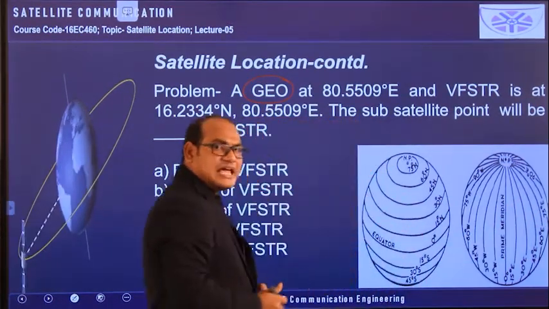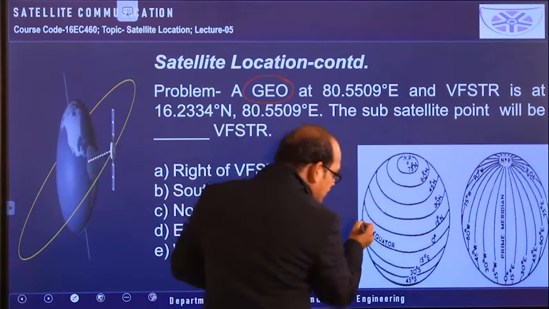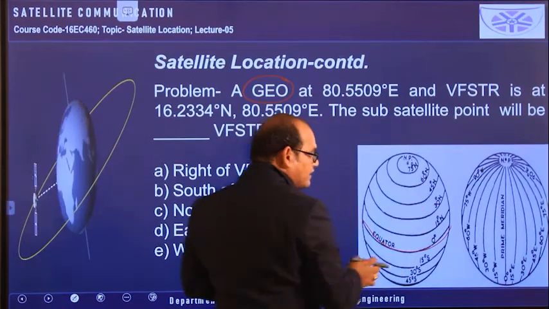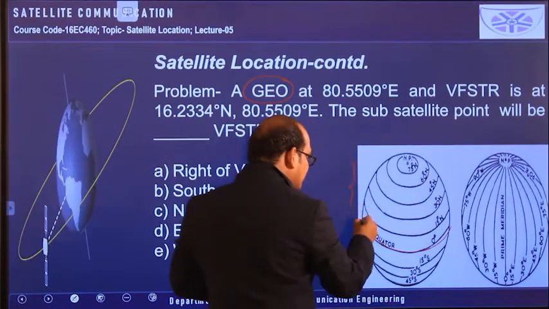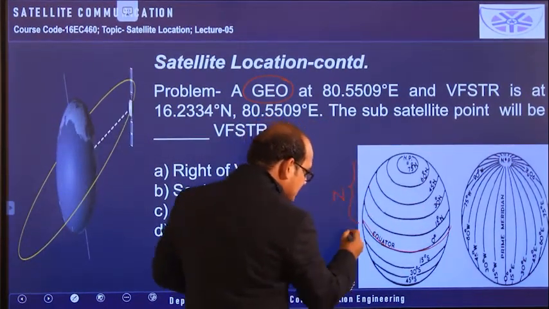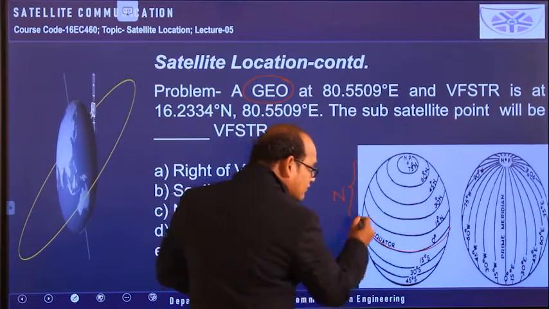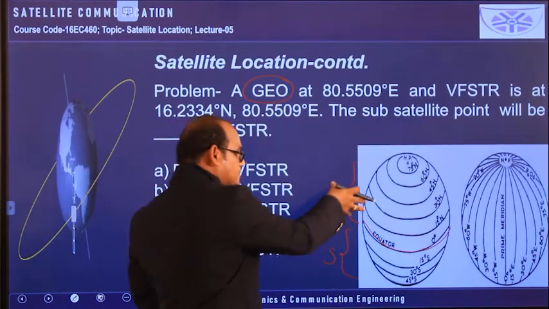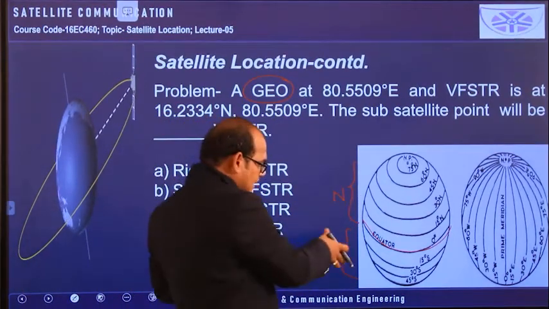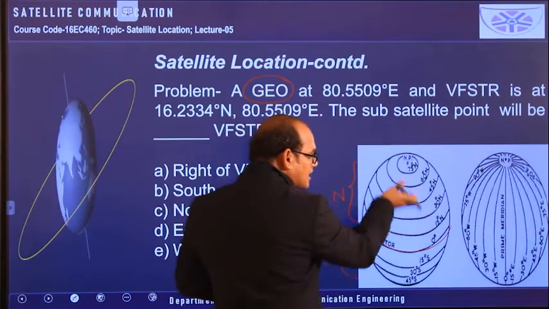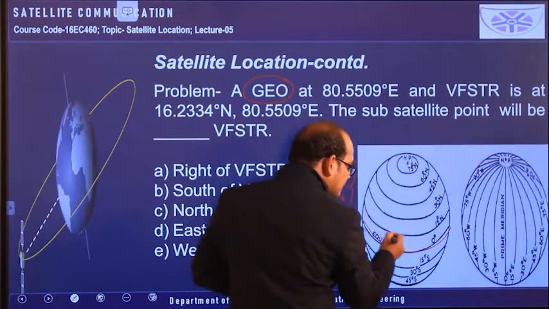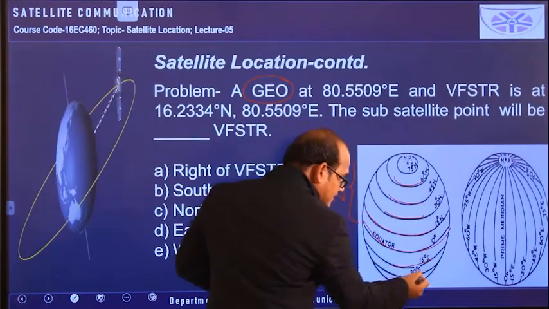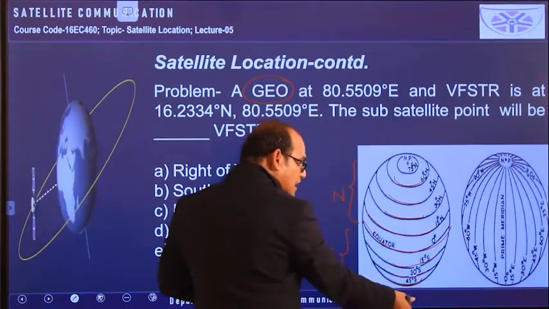We know that the largest latitude is the equator, which is at 0 degrees latitude, and all the remaining latitudes are indicated here. This is the northern hemisphere and this is the southern hemisphere. The equator divides the earth into two halves. The upper one is the northern hemisphere and the bottom one is the southern hemisphere. The northern hemisphere has imaginary latitudes like this, and the southern hemisphere has imaginary latitudes like this. And this is towards south.